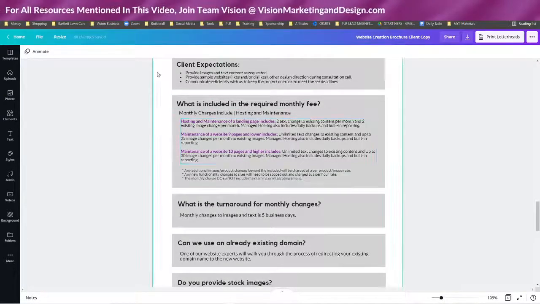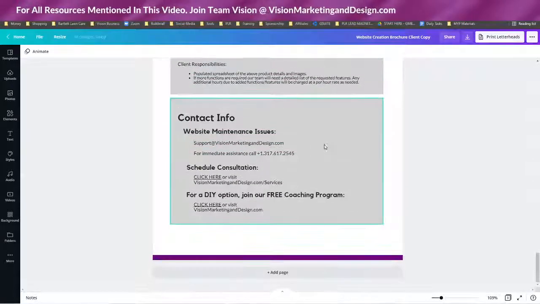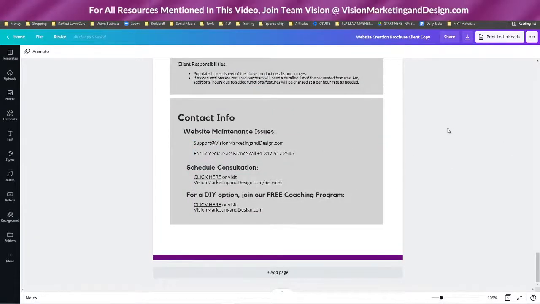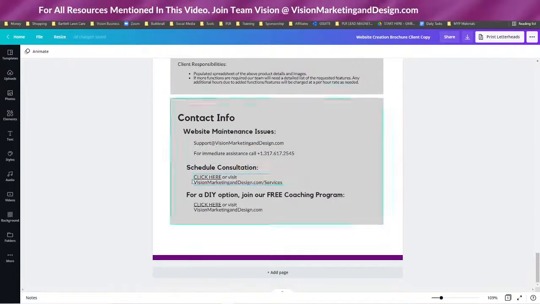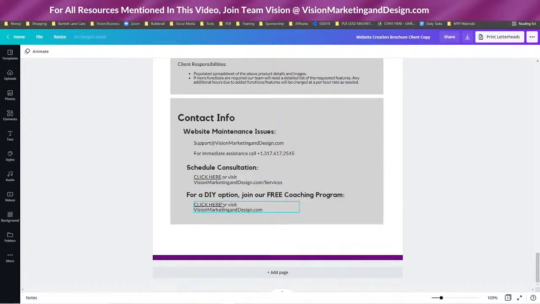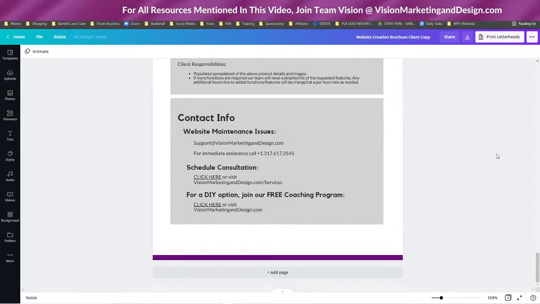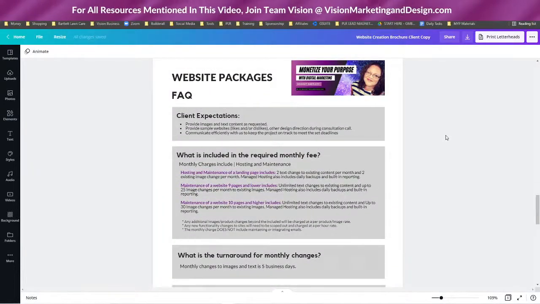Okay. So it says client expectations. It literally breaks down every single step. And what's really cool about giving this to the client is that they have a support email and a phone number. If they decide they want to schedule a consultation with you, there's always a way for them to contact you. And since I do coaching, I put this down here because maybe I'm in a consultation with someone, and I have had this before where they say, well, I can't really afford you, and they just kind of completely shut down, and they're like, I am never going to be able to, I'm done. I can't even talk. I've literally had people say that to me before.